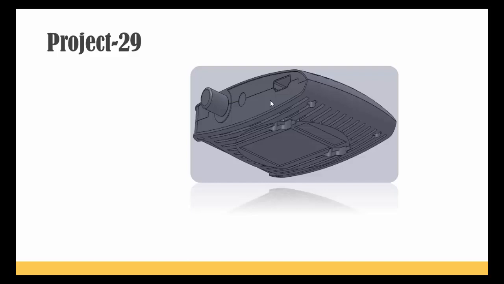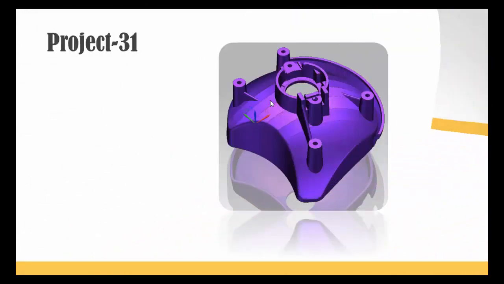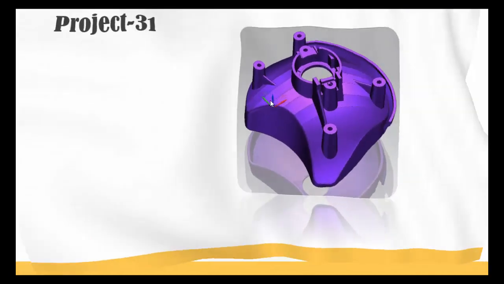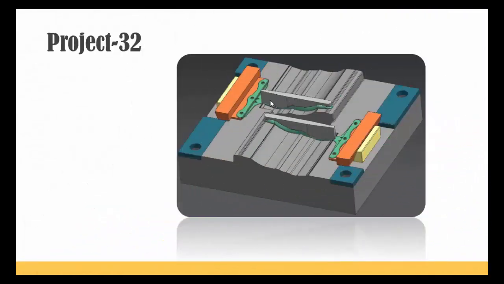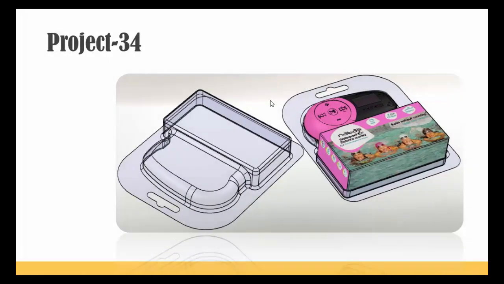And there is a satellite device, and like that we have different projects, the ice trays, and this is a typical device, a plastic component, which you use for cleaning your bathrooms or toilets or kitchen. This is the mouse which you use on your computer PCs, and this is typically an MP3 player and its overall package here. So this complete